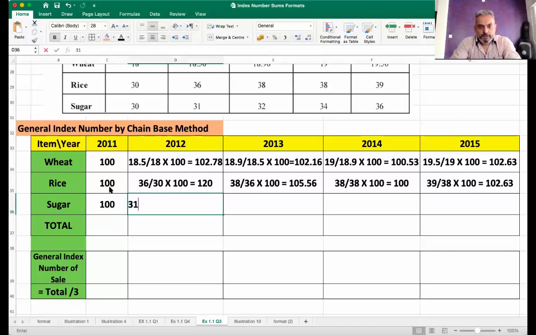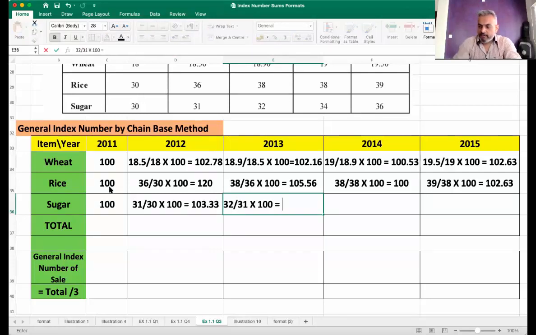Now 31 divided by 30 into 100, 103.33. Then 32 divided by 31 into 100,